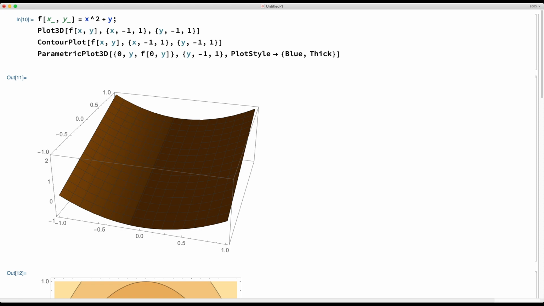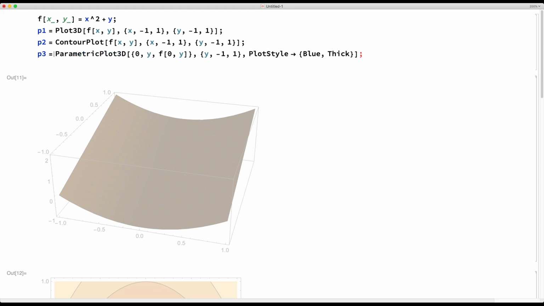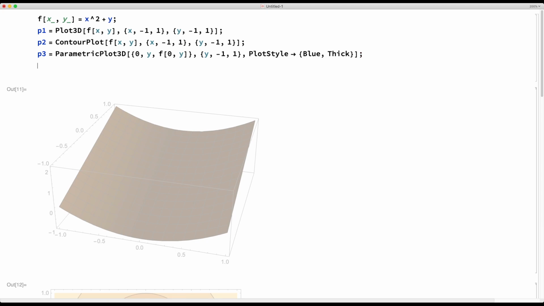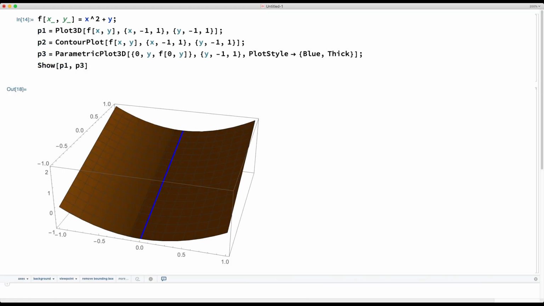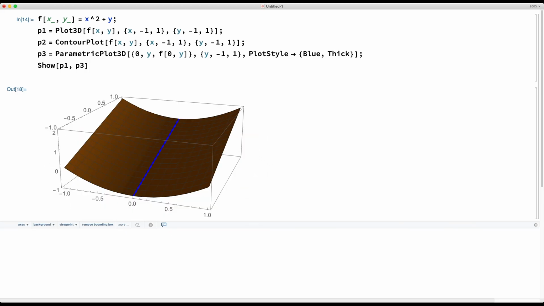All right, so I want to make, let me name these plots and hide them. And then I'm going to name this one P3. And then what I want to do is show P1 and P3. Okay. All right, so what I've done is I've drawn in blue basically